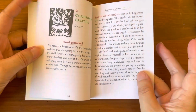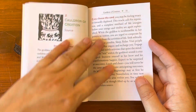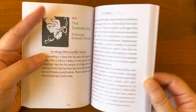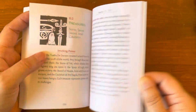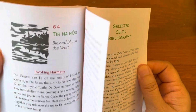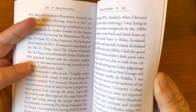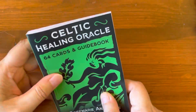So that gives you an idea. If you were to draw the card, it gives you the card meaning, and then if you choose the card, about a page and a half worth about the cards. All right, so very interesting deck, very different. It may not be for everyone, but for those who are interested in Celtic myths or interested in learning about their history or a little bit about them, they even include a selected Celtic bibliography here, if you want to do further reading. And then about the author, there's a picture of her in the back. And total pages is 165. All right, so different